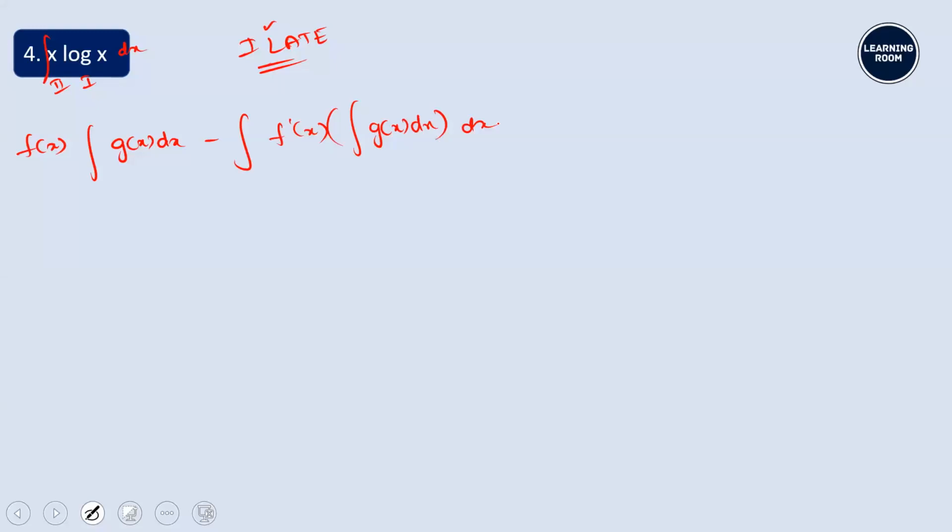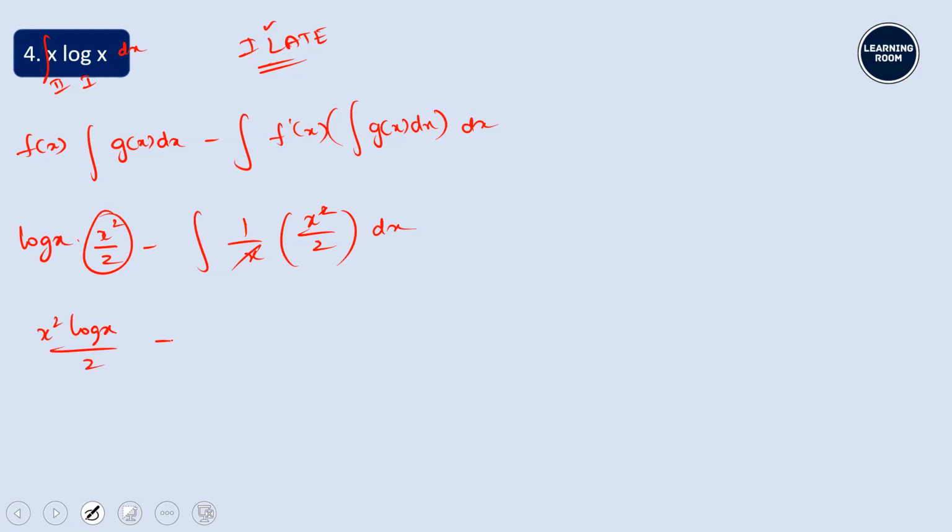So what is the first function here? Log x into integral of the second function, which is x square by 2, minus integral of the derivative of the first function, 1 by x, into integral of the second function. So it will be the same thing, x square by 2. Don't forget the dx. The x and this will get cancelled. X square log x divided by 2 minus